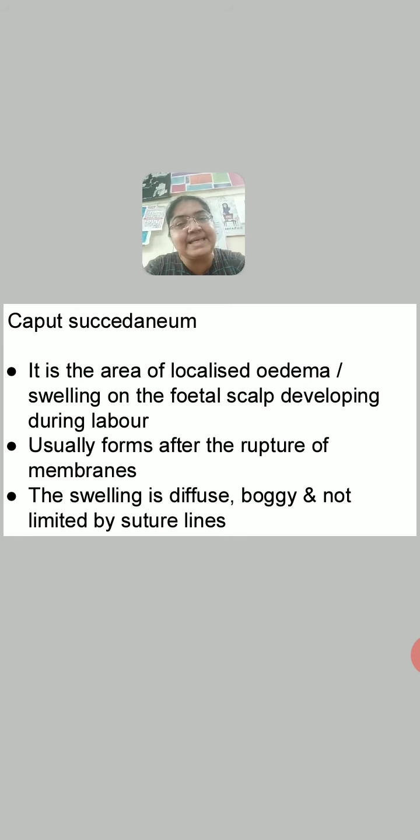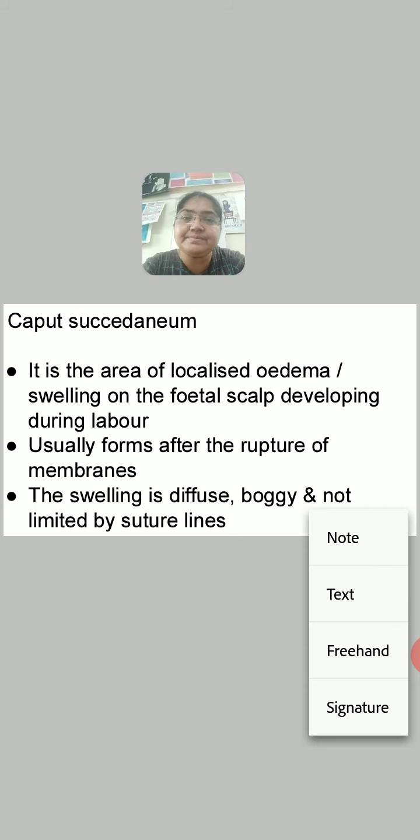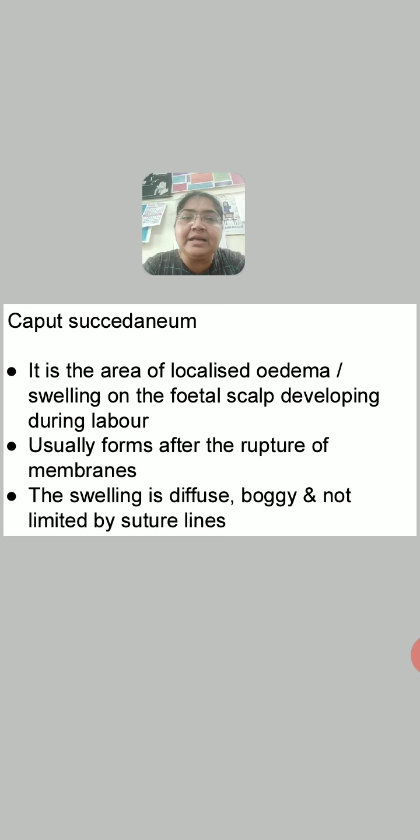Till the membranes are intact, the pelvic floor resistance on the fetal head is through the membrane. It is not directly on the fetal head. But when the membranes rupture, this may occur sometimes. Normally the membrane ruptures after the first stage of labor. You know that the first stage ends with complete cervical dilatation. But sometimes before the cervix dilates completely, the membrane ruptures. That we say is the premature rupture of the membrane, PROM.